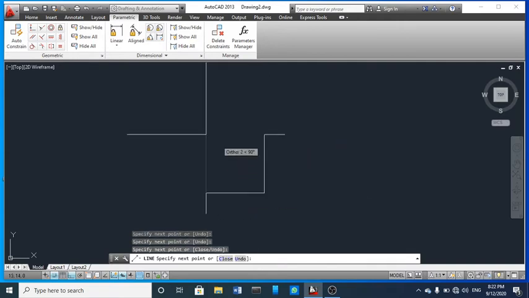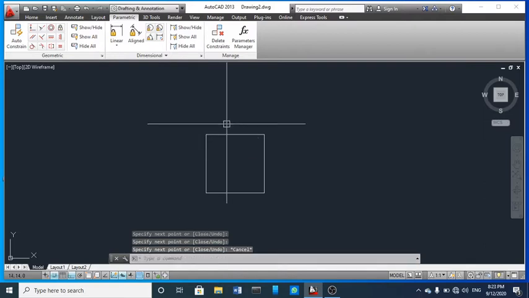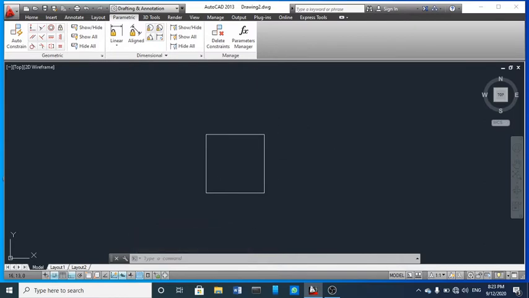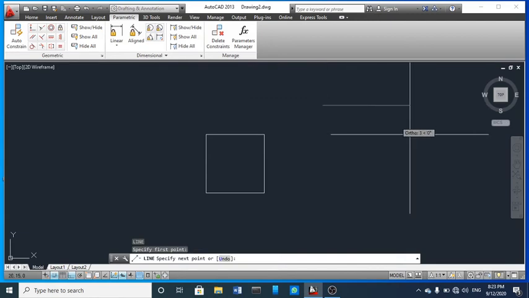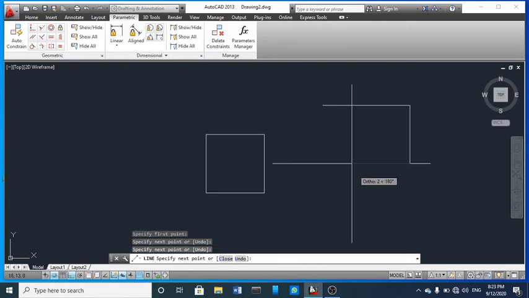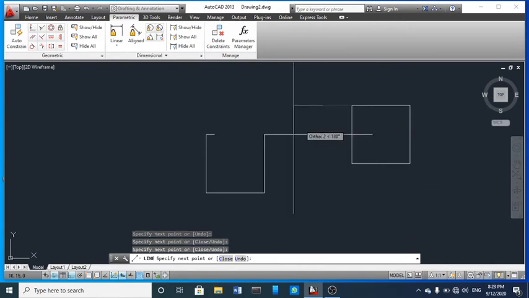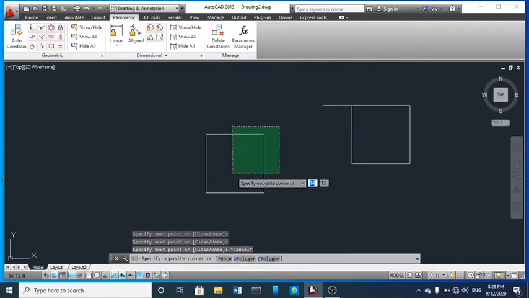So you don't have to specify a unit length for each segment. It automatically comes, and just as I told you, it will automatically stop here. You can see this point, and again this point comes, and this is the spacing.